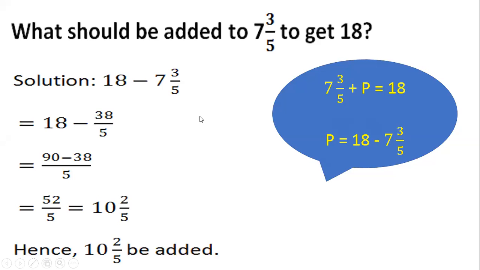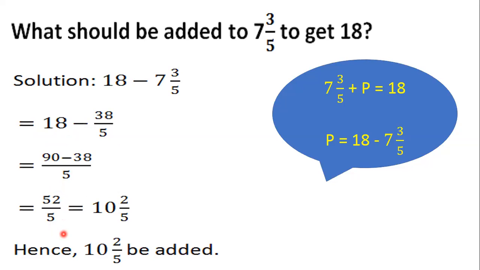So we'll write over here 18 minus 7 3/5. 7 3/5 can be written as 38/5. Now children, how do we do it? Whenever we have to subtract, we have to make sure that we convert them into like fractions, right? So how do I convert it into like fractions? 18 has no denominator. No denominator means it has denominator as 1. So 18 by 1, LCM of 1 and 5 would be 5. We'll multiply 18 by 5. We will get 90. 90 minus 38 by 5, we'll get 52 by 5.